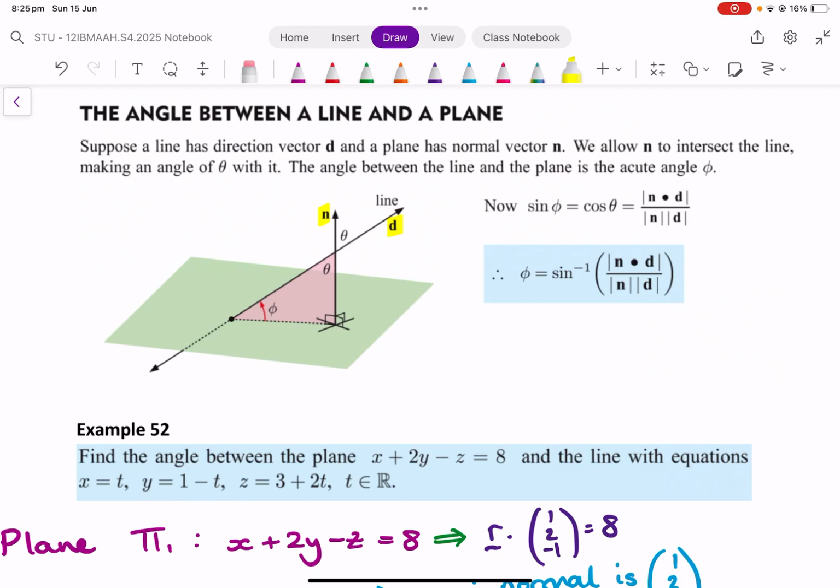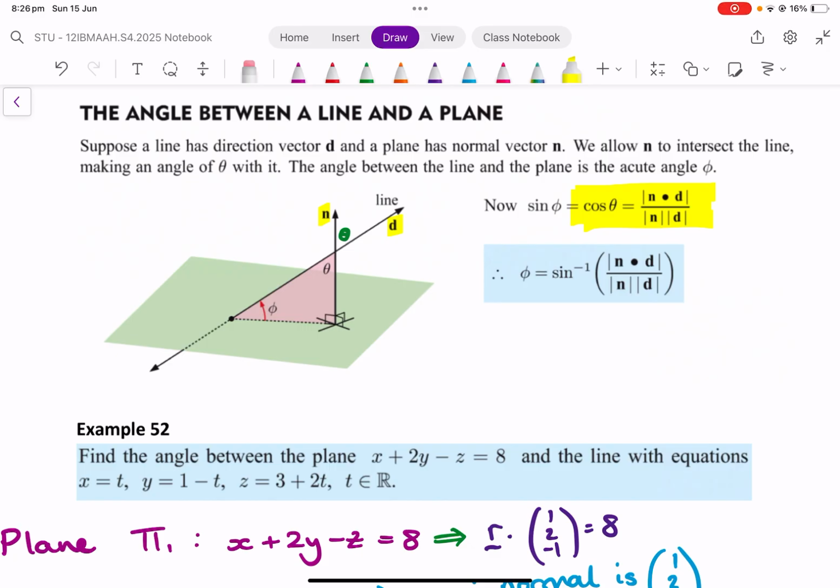but it's pretty easy to find the angle theta, using our trusty formula from before, that cos theta is equal to the dot product of the two vectors, so in this case n and d, divided by the magnitudes of them too. So we can find theta, and then to work out what phi is, because that pink creates a right angle triangle, we would do 90 degrees subtract theta,